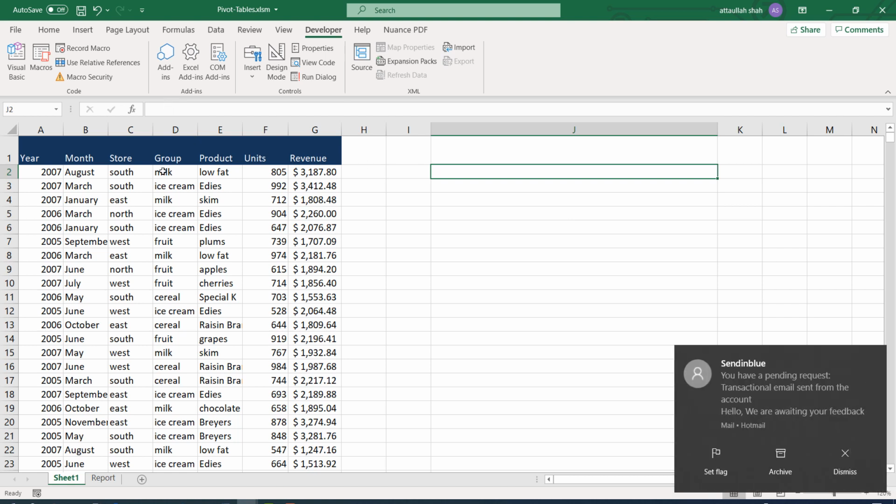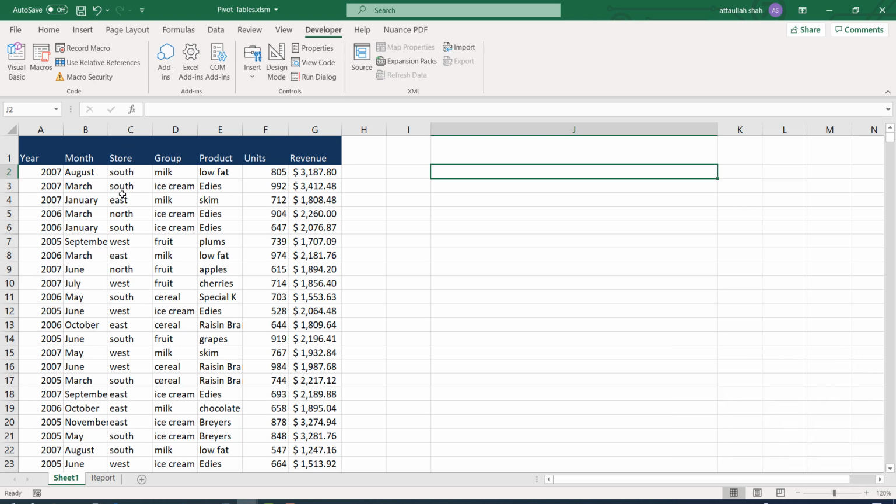And in the data validation, I would just give the option of south, east, west and north, so that we can select any store from the drop down menu.